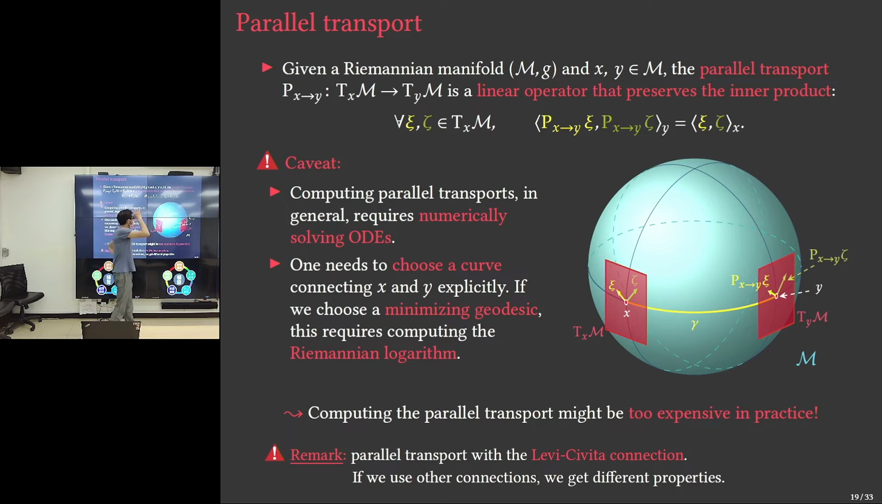And the question, which is also like a problem question in general, is how do we transport this? Because we need a curve. We need a curve to transport these tangent vectors to the other point. So in general, computing the parallel transport requires numerically solving ODEs. Why? Because